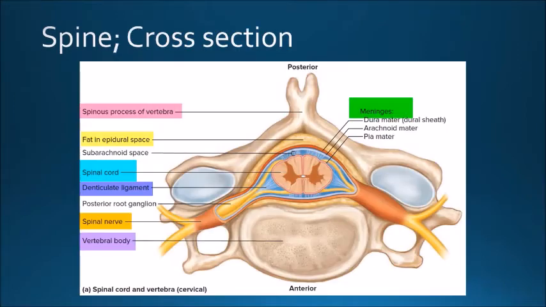Coming to the cross-sectional anatomy of the spinal canal, here you can see the epidural space most posteriorly, where we have the ligamentum flavum and the epidural fat. Then we have the dura mater and the subdural spaces. Then we have arachnoid and the subarachnoid spaces. Then we have the spinal cord, from where the anterior and posterior nerve roots arise. Then anterior to the spinal cord and the dura, we have the posterior longitudinal ligament. Then we have the vertebral body, and most anteriorly, we have the anterior longitudinal ligament.